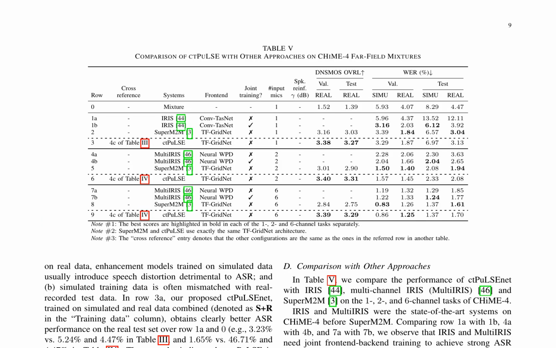This paper introduces a novel approach to far-field speech enhancement, known as ctPuLSE, which leverages estimated closed-talk speech as pseudo-labels for training supervised enhancement models directly on real far-field mixtures. The proposed method aims to improve generalizability to real data, a common challenge in speech enhancement. Evaluation results on the challenging QIIME-4 dataset demonstrate the effectiveness and potential of ctPuLSE, showing better generalizability to real data compared with other state-of-the-art systems. Ablation results of applying speaker reinforcement further improve the performance gap between SuperM2M and ctPuLSE.